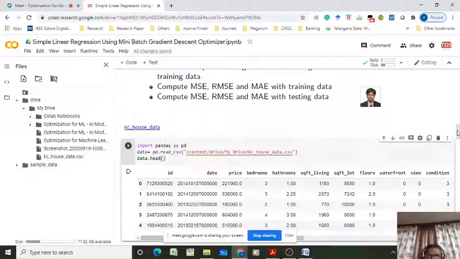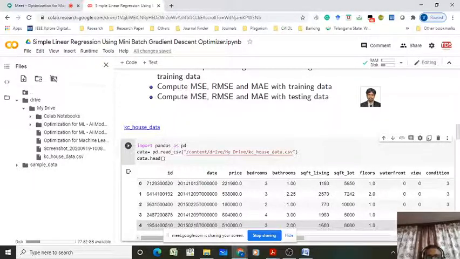And moreover, the price depends not only on the square feet area. It depends on some other features also, as we discussed here, like bedrooms and other parameters. So maybe a simple model may not give more accurate results. Then we have to improve the complexity of the model to give accurate results for your application. If that were not the case, everyone would use the simple linear regression model only, with no need to go for multiple regression or ANN or CNN or RNN. So we have to explore those things.